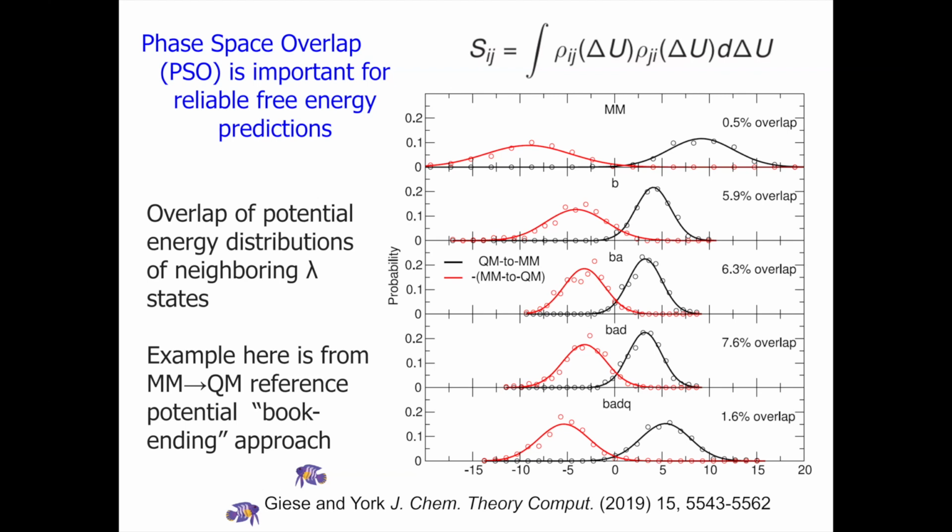What phase-space overlap is, it's basically the overlap of the distribution functions. It's a property of a lambda interval. So you have two lambda values. And if you do a simulation at one lambda value, but you actually average the change in energy between end states, and then switch and do a simulation at the other end state, and also look at the same delta U, what you'll end up seeing is when these distributions strongly overlap, that's good for the free energy calculation. That makes the averages in the free energy calculation more stable and your predictions more statistically reliable. Okay.